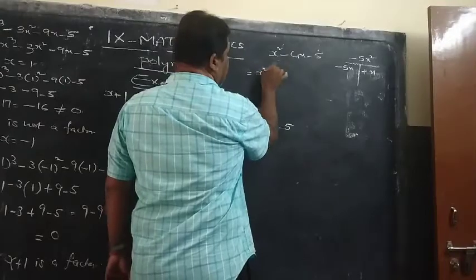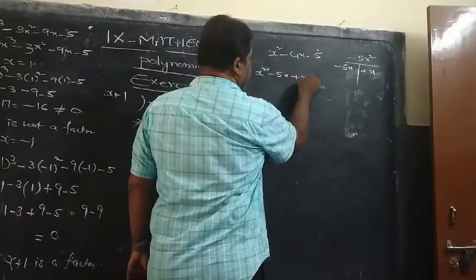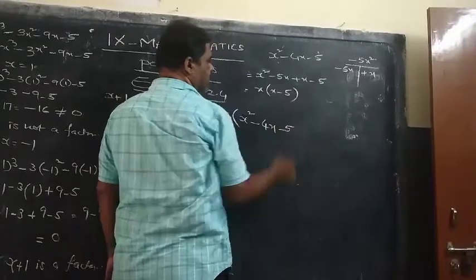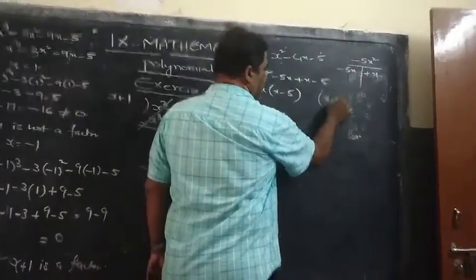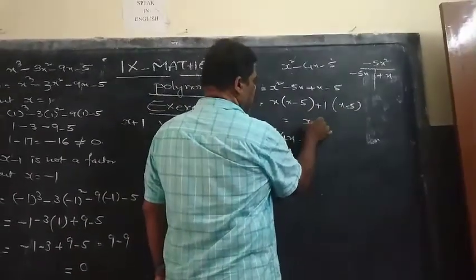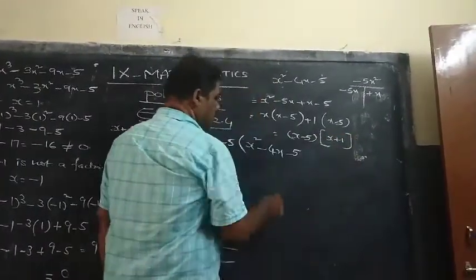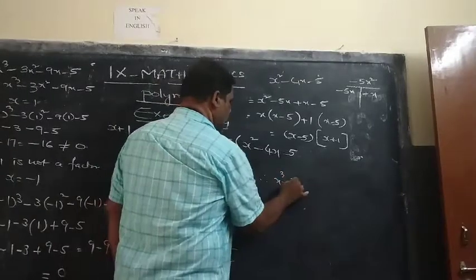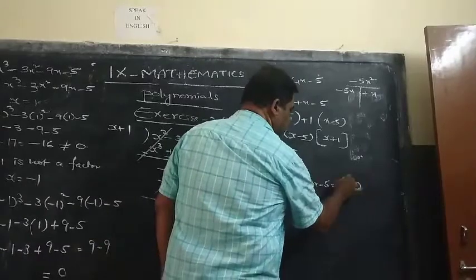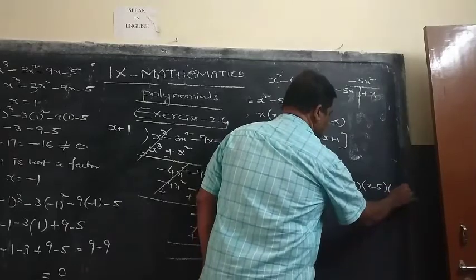So here in place of minus 4x, let us write these 2 factors. x square minus 5x plus x minus 5. Take x common so that we will get x minus 5. Again to get x minus 5, let us take 1 common. If you take 1 common, you get x minus 5. Now x minus 5 is common in both, so we get x plus 1 inside. So therefore, for x cube minus 3x square minus 9x minus 5, one factor we got is x plus 1. Remaining 2 factors are x minus 5 and x plus 1.